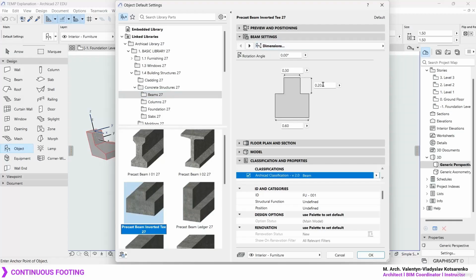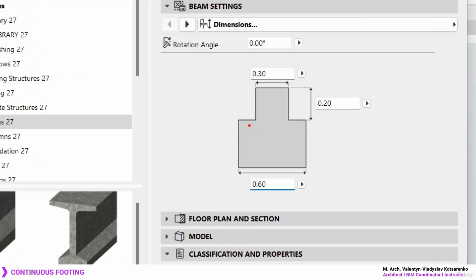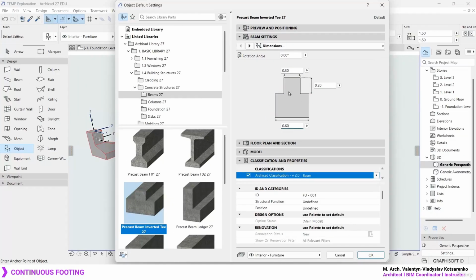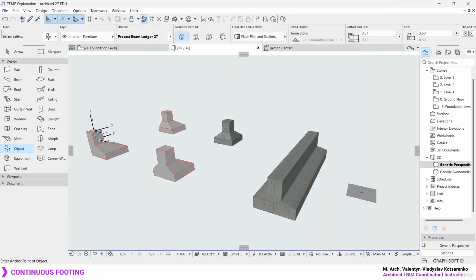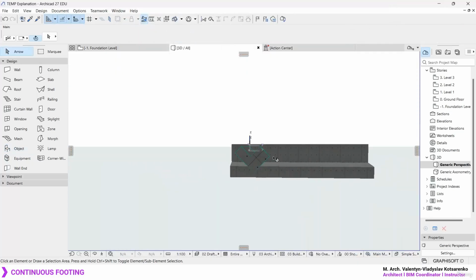Okay, you can mess around with the parameters over here. The only difference is that this object, if I'm not mistaken, is not going to allow you to create some type of sloped element over here. It's going to be completely T-shaped or L-shaped in this case. Okay, maybe the rotation angle, but I'm pretty sure that the rotation angle is meant for the rotation we have